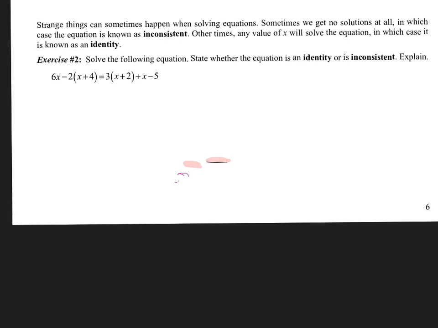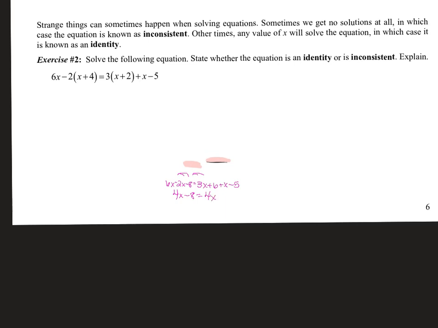And that's going to give me a -2x minus 8. And I'm going to bring this 6x down here. And I'm going to distribute that 3 there. It's going to give me 3x plus 6. And bring down the rest. On my left side, I'm going to combine my like terms, and I'm going to get 4x minus 8. And on my right side, I get